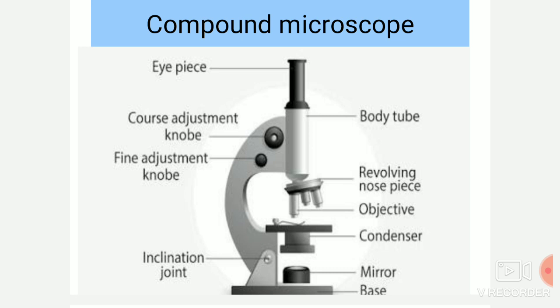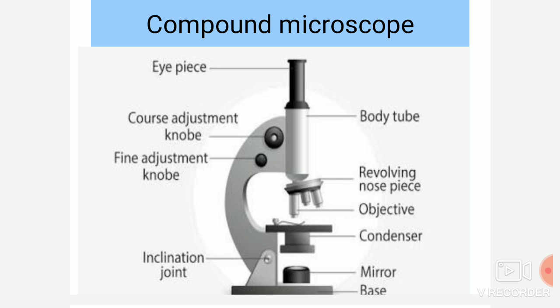All right, now the body tube. You can see the eyepiece from where we see, and this is the stage and clip. You can see a clip-like structure above the condenser. There is a rectangular stage where we fix the slide. On this stage we fix the slide and the slide should not move. For that we use the clip which is present on the stage, so you can see the clip also.